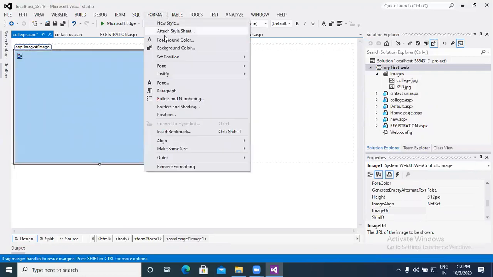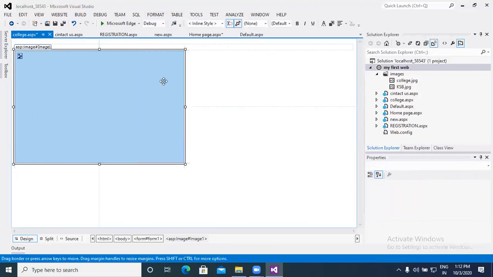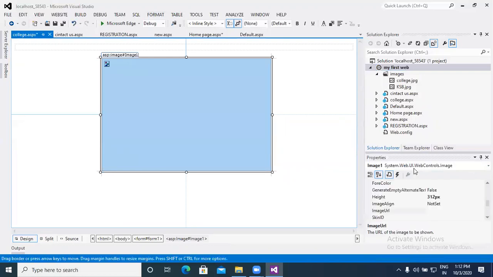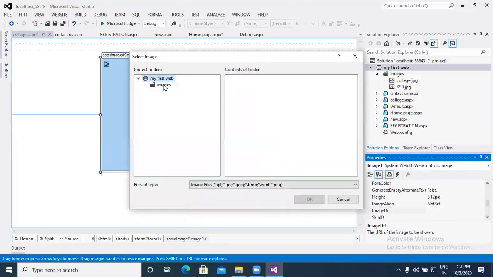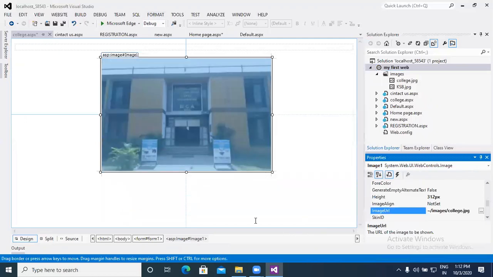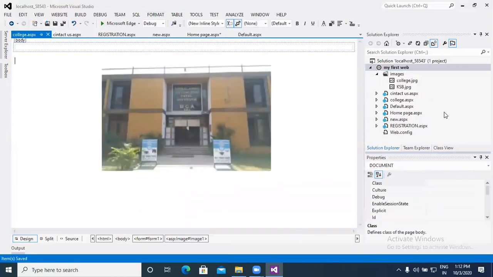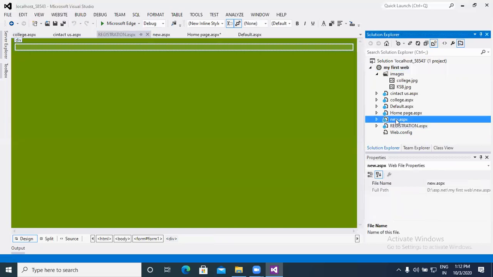Set position absolute. Here we can display the image which we have to consider here, the college image. Save the application.